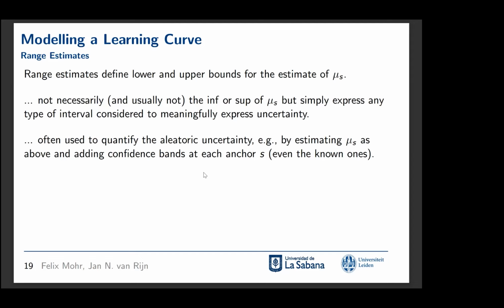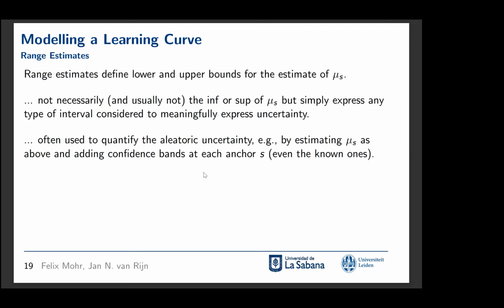This is not necessarily so, but in fact, in the literature, it's just used to address the aleatoric uncertainty. So you say, okay, I believe that the true mean value is somewhere in this range, and you quantify the uncertainty of this, the aleatoric uncertainty, by this band. Okay, how useful is this? Well,